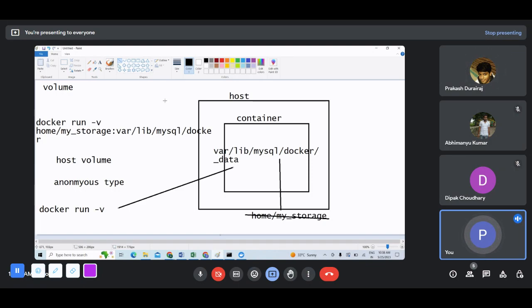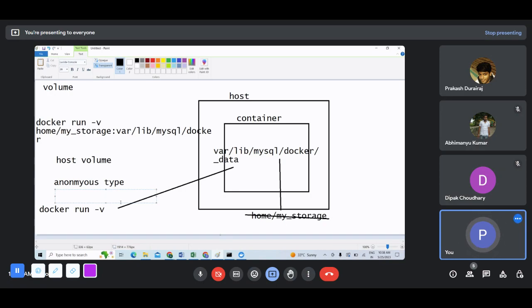And in the third volume type, this is a named volume type. Basically we are going to use this volume type. We are going to name this virtual file system, a named volume type. We are going to name this file location. The command will be like the name